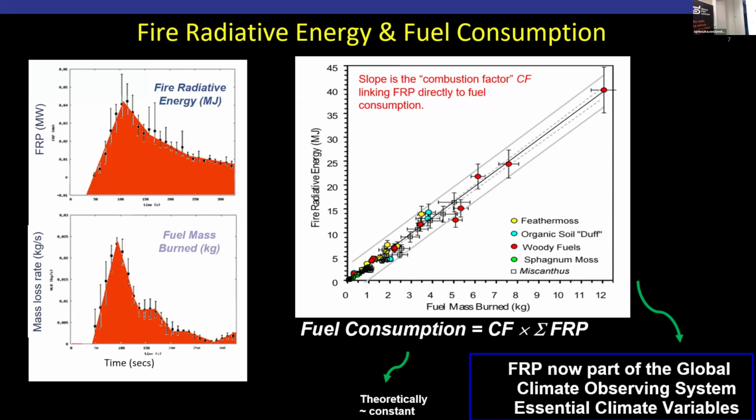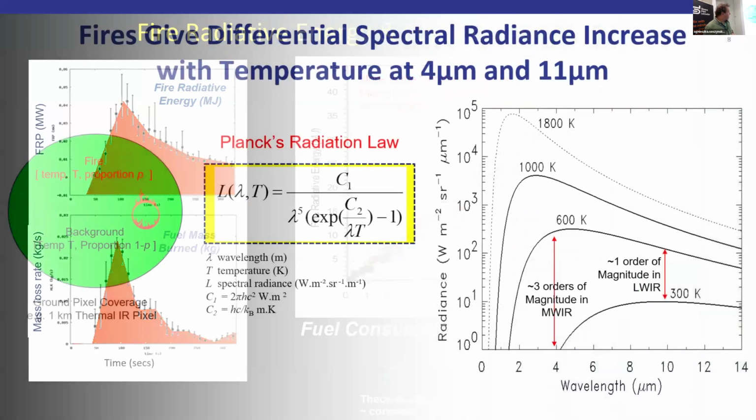And now this thing called fire radiative power is one of these essential climate variables, along with LST and 50 or so other ones designated. So space agencies are, I'm not sure about the word required, but at least encouraged to consider measuring this as part of the variables that they provide users. And I'll show a couple of new or recent satellites where we and other people have been involved in making sure that the specifications of these satellites, that in the past would have been tailored to cloud measurements and sea surface temperature measurements, also include capability for fire. And it's really great that that's happened.